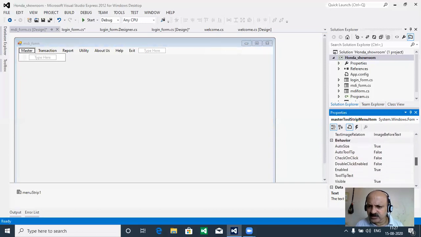And here, according to our requirement, we can change some things, like alignment is private, enabled is true, autosize is true. Then text is master, you can also change it here. And also text alignment, direction, horizontal, vertical, you can take.